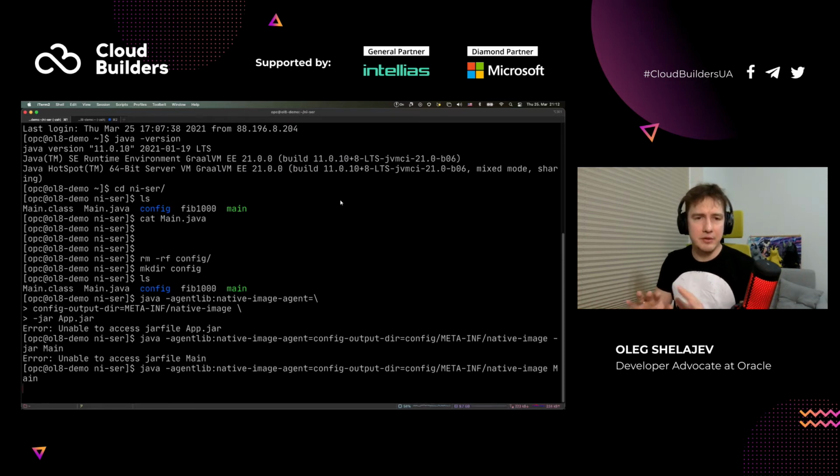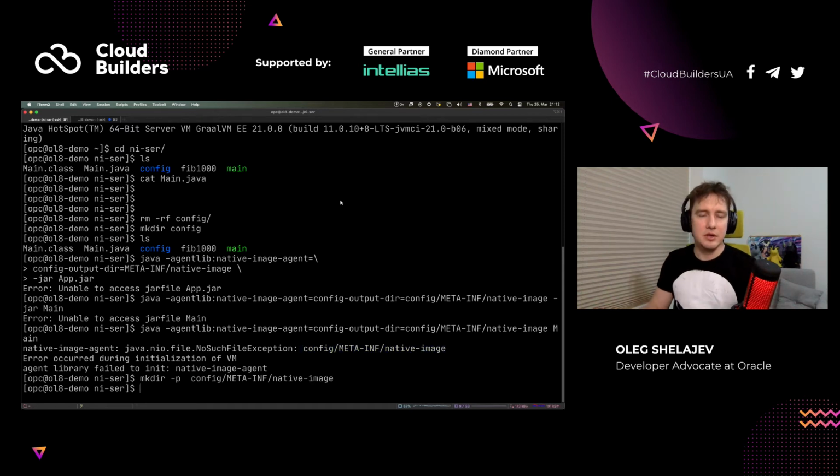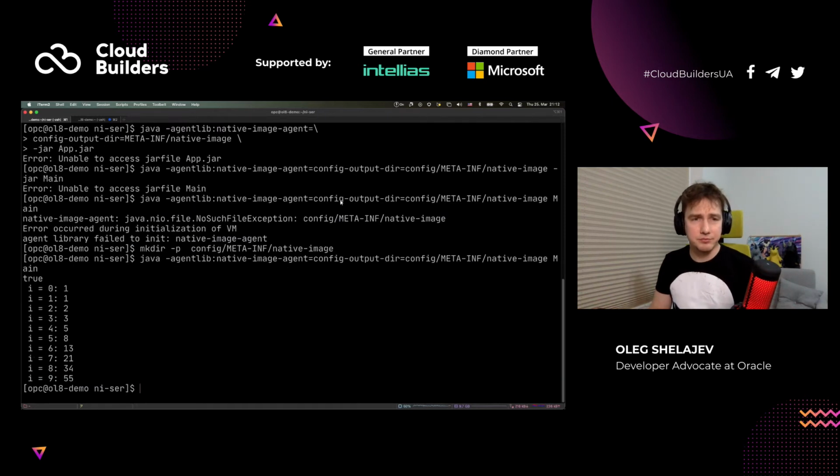Native image run. I'm just running my application with minus p, create the directory. And then we run our application. So it does output the things that we asked it to output, and it also created the configuration files in